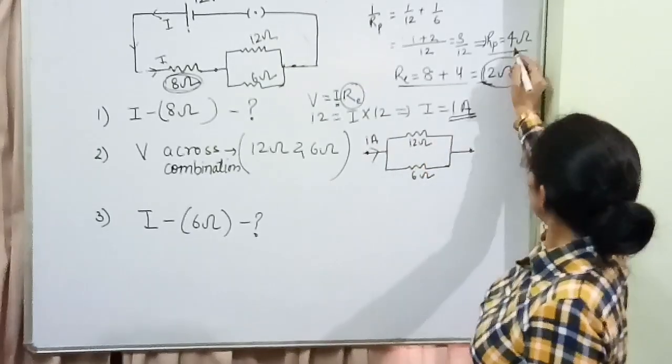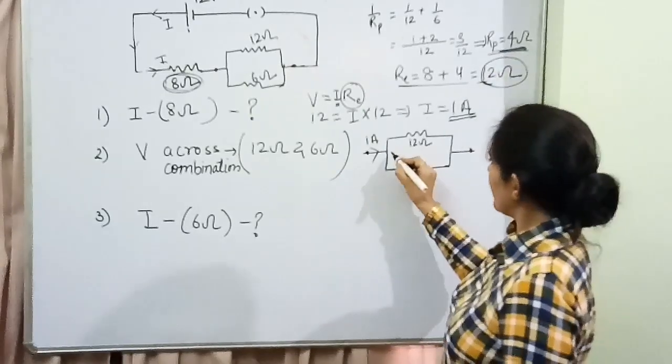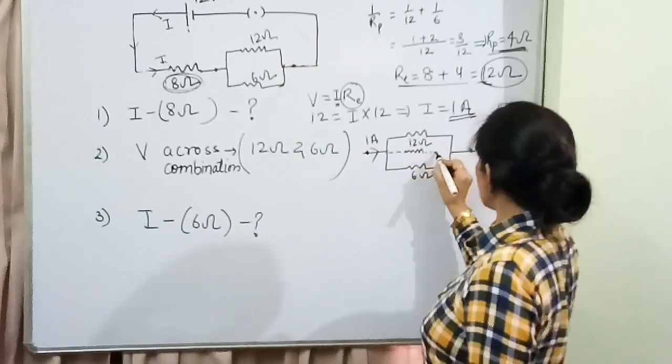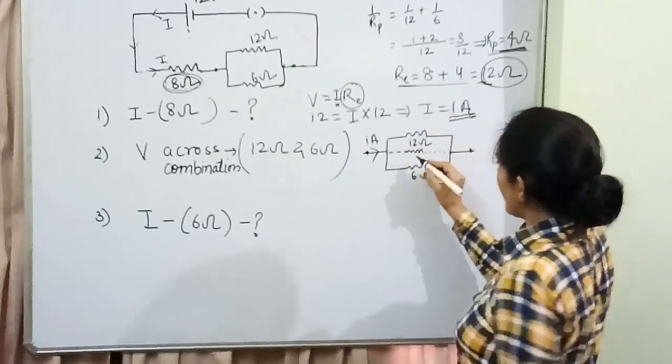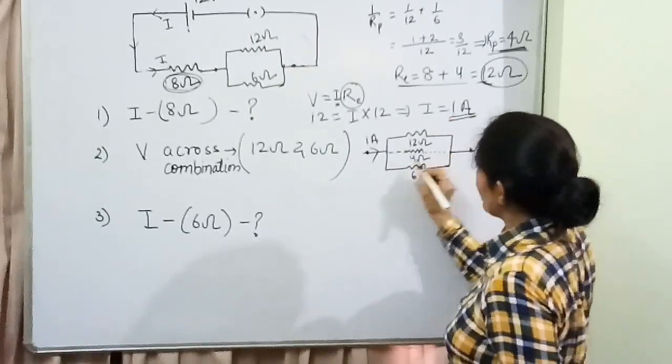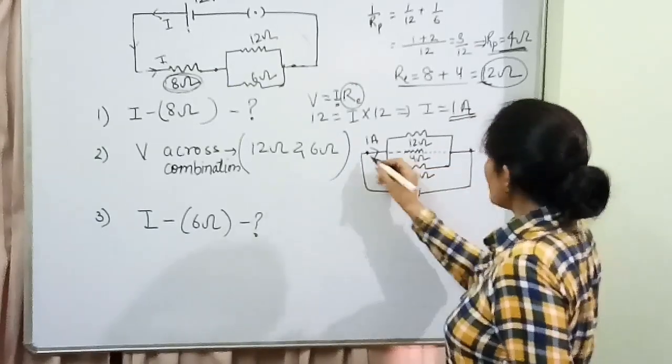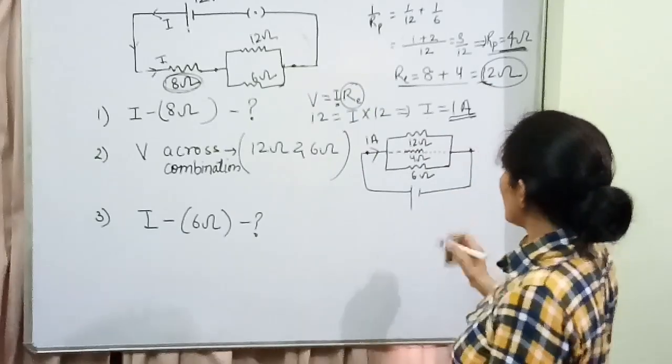ओके, now equivalent resistance for this we already calculated, that is 4 ohm। so अगर मैं इन दोनों की जगह ये वाला रेजिस्टेंस बना दूं यहाँ पर, this is resultant one, इन दोनों को हटाकर रिजल्टेंट बनाऊं तो कितना बनेगा 4 ohm, एंड दिस इज कनेक्टेड अक्रॉस बैटरी.